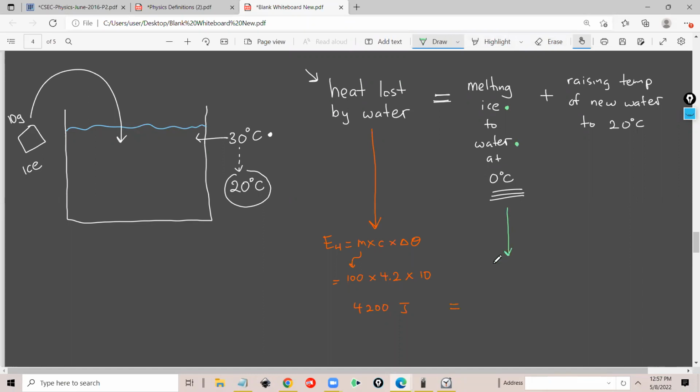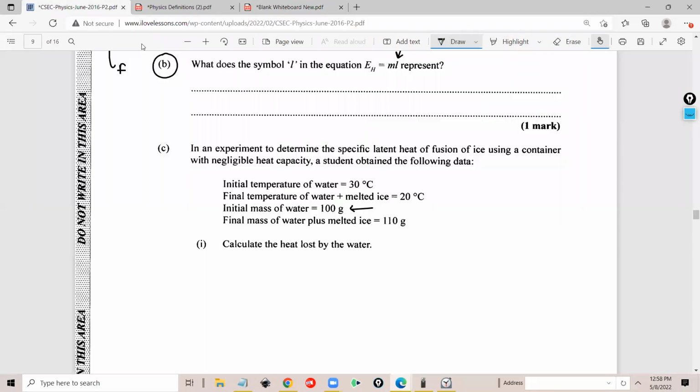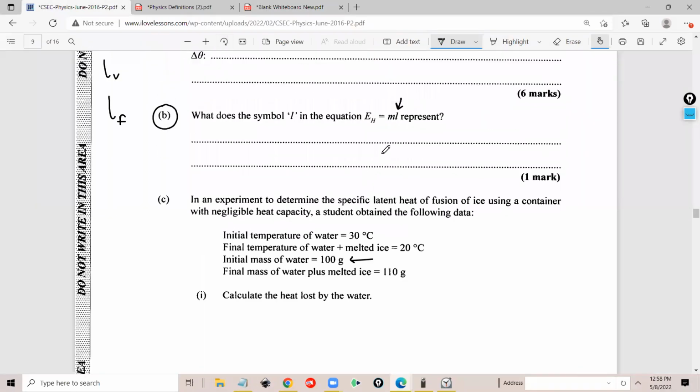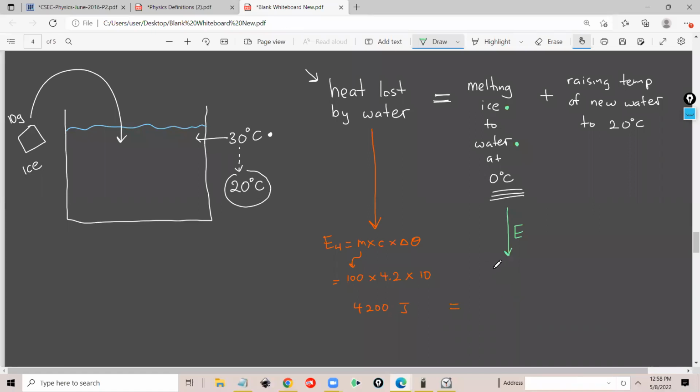So you have to use this formula now: the mass of the ice multiplied by the latent heat of fusion of the ice. There's no change in temperature. So it's just the mass of the ice, which is 10, but we don't know L. That's the aim of the question. So it's just 10 L plus,